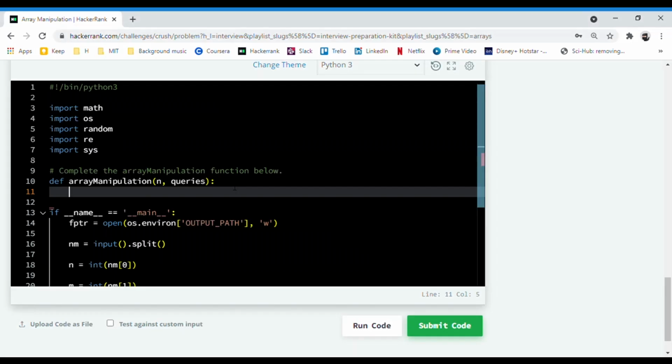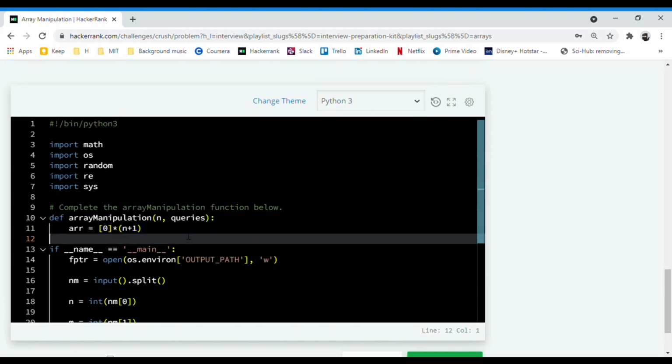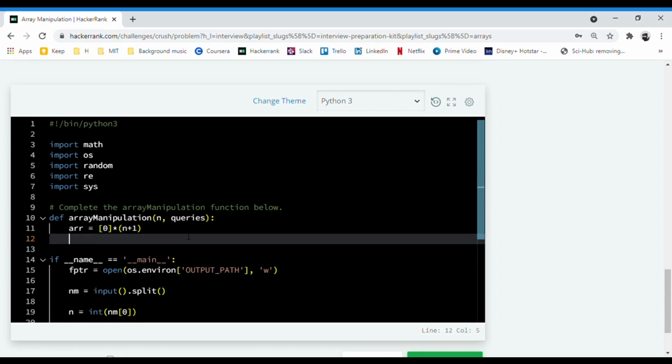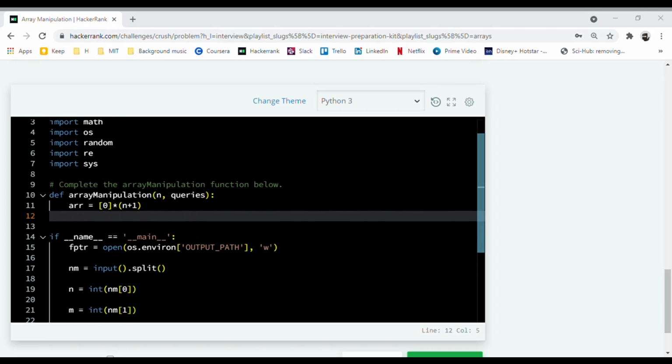As we saw in the prefix sum algorithm, now we'll initialize an array with all values as 0, and the size of the array would be n plus 1 because we need that extra index. Now the queries list has a, b and k, which is the first index, the last index, and the value which you have to enter in those indices.